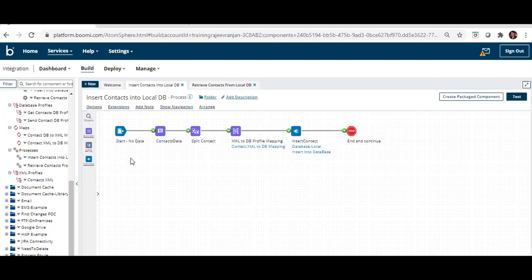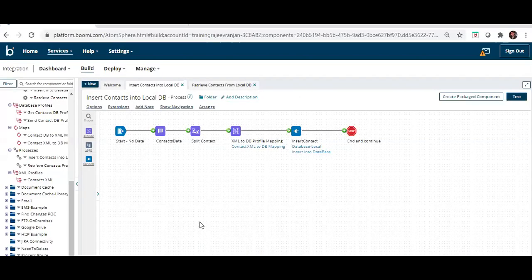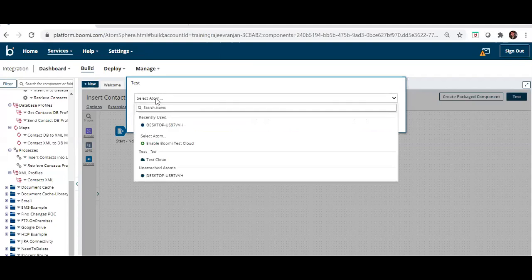Okay, so to quickly check this, I wanted to show you my table, which already has the ID, first name, last name. I have already created a table. At this moment we can see we don't have any records here. So let's do one thing, just test this. I'm testing. Because I'm using on premises, my database is not in the cloud. My DB is on premises on my computer. So in that case, we should not use the cloud related item, but I will use my local item.